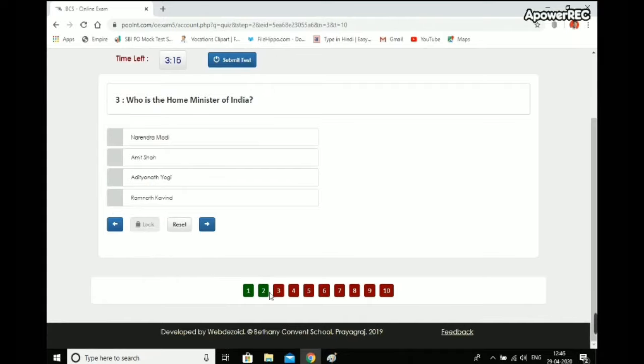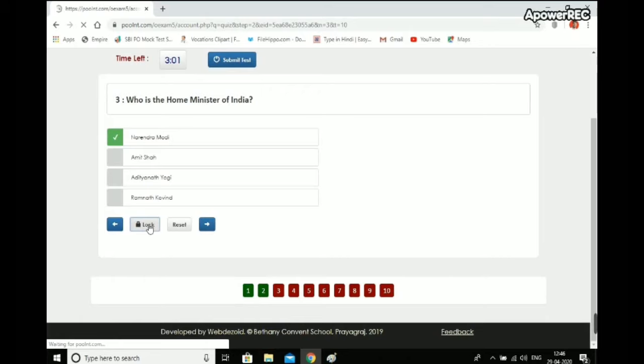Now the next question has come. Here you can see green color is showing. This means that you have already attempted the question, and the red color is showing that you have to still visit those questions. So right now the question is, who is the Home Minister of India?